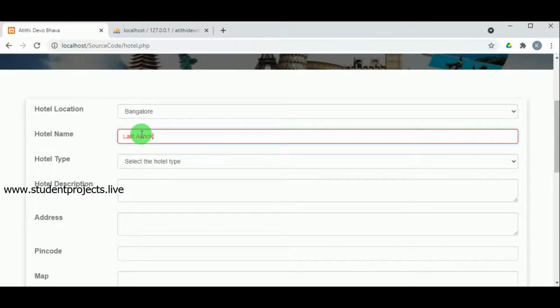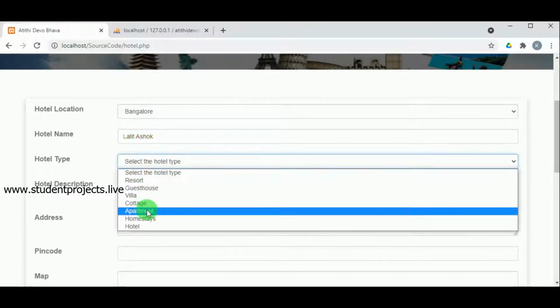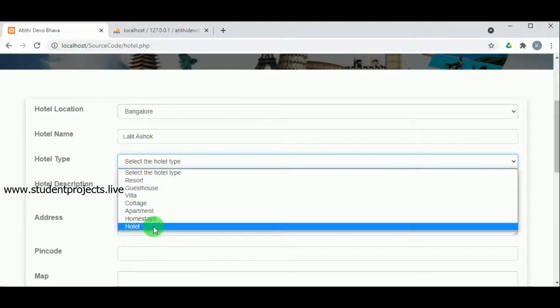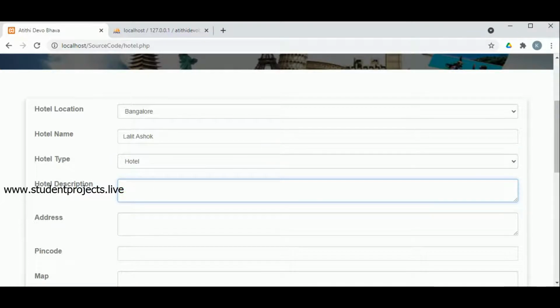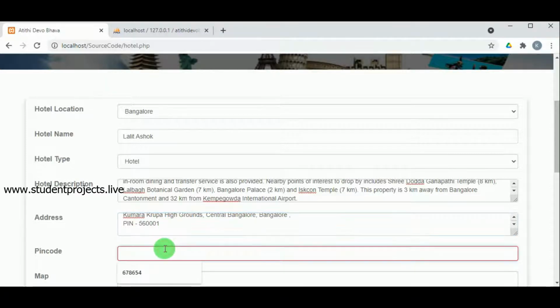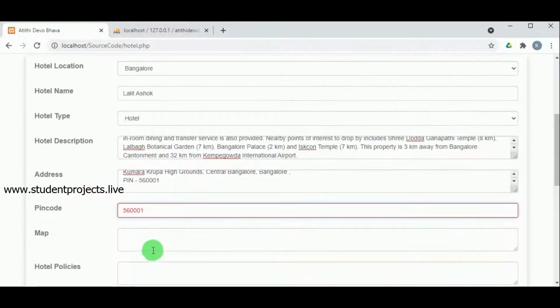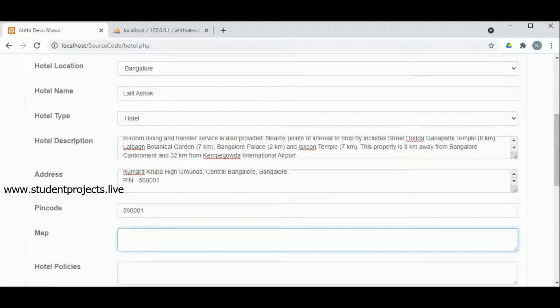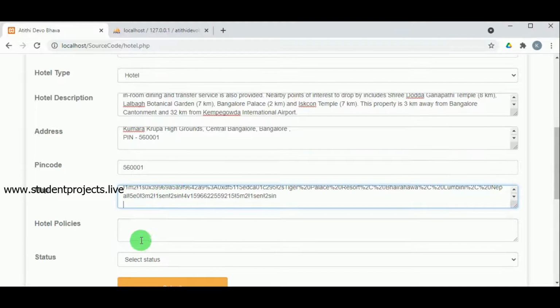The hotel name must be entered, then the type of the hotel is required, whether it is a hotel, whether it is a villa, whether it is a restaurant, and the description about that particular hotel, and the address of the hotel, pin code. Along with the pin code, map of the hotel location is also necessary so that the customers can view the location.